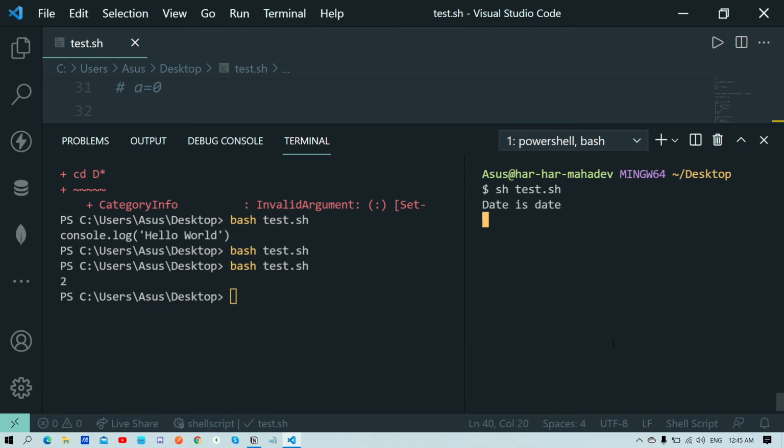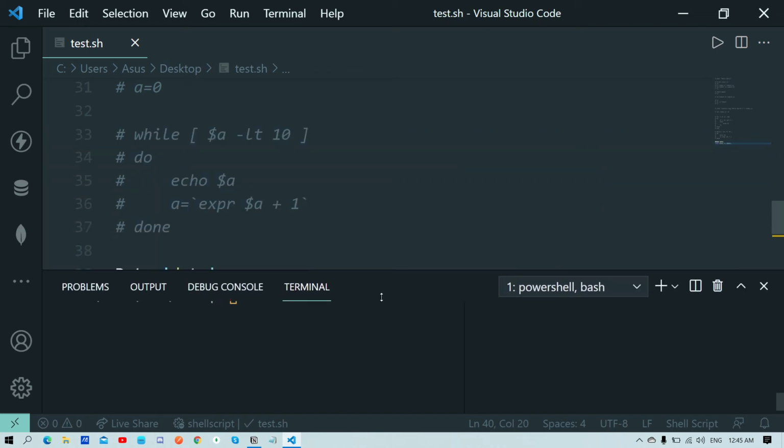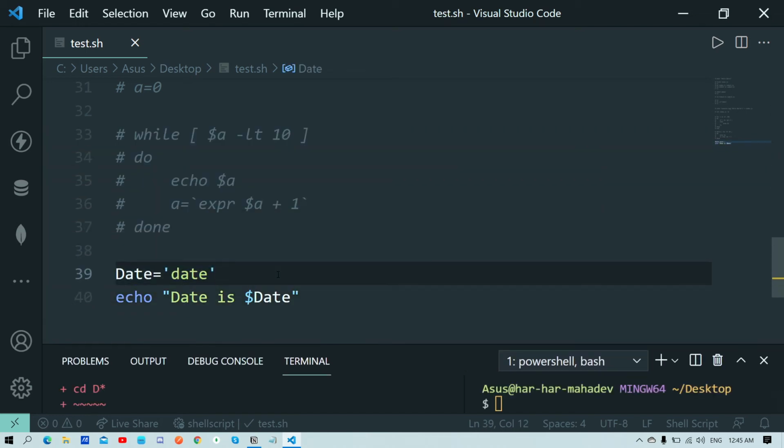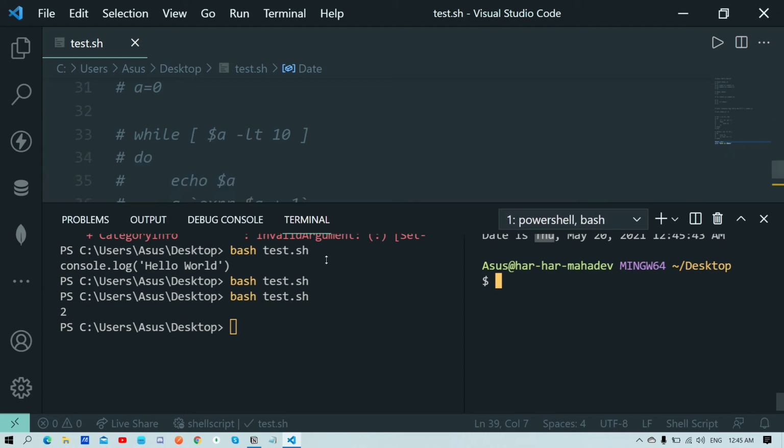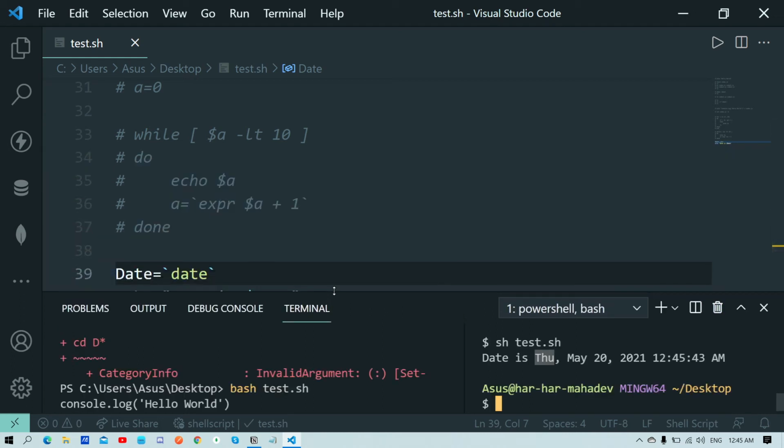Let's try this out. Make sure to use backticks, that's the one thing. And yes, it's showing: date is Thursday, May 20, and the time. This is how the date works, so you can use it according to your choice.